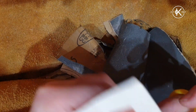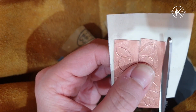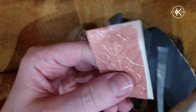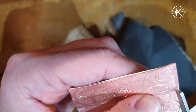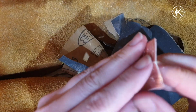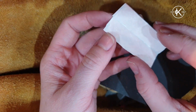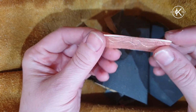cut off excess tape, just so that I don't have any tape sticking out my sides. It's just going to get in my way, because as you can see it sticks to everything. There we go. And now I'm going to take the backing paper off the tape, like so, and I should be able to fold it and it's going to stick together in a little stack, but I know that my pattern is lined up,